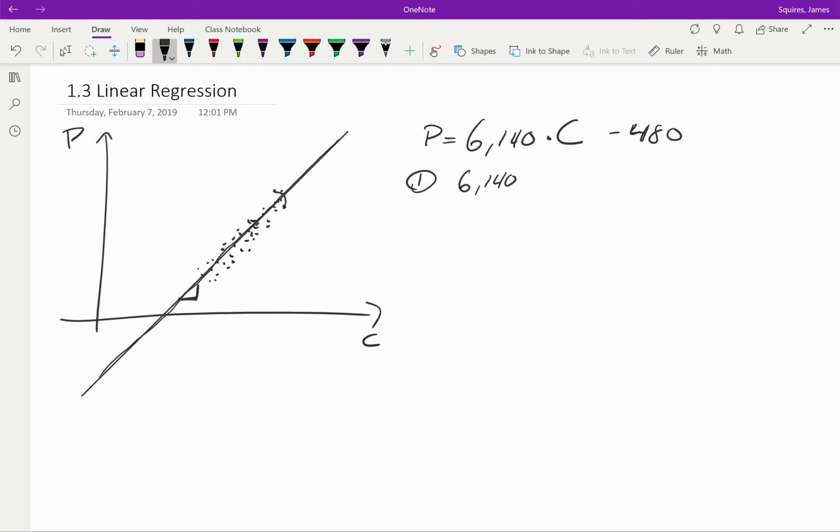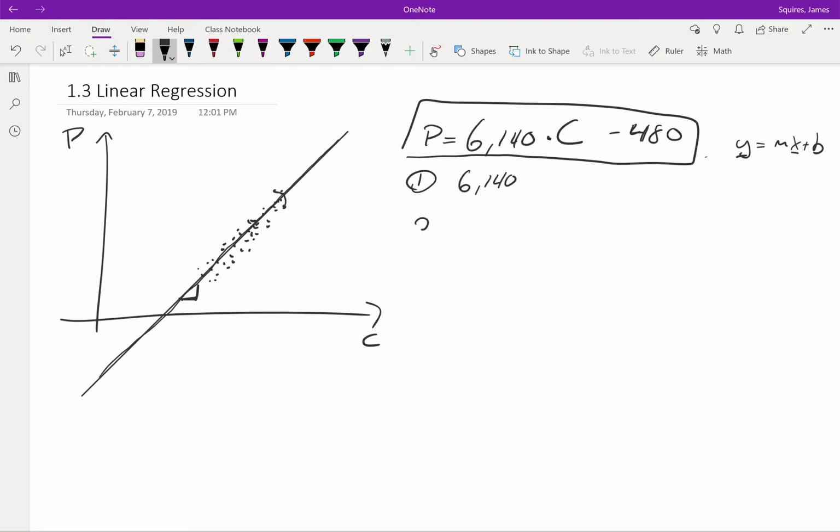This P equals something times C minus some number is kind of like Y equals MX plus B, but now we're being a little more specific on what Y and X equal. Y is going to be the price of the diamond and X is the carat size. So the slope of this line is saying that for every 1 unit increase in carat size, price is going to increase about